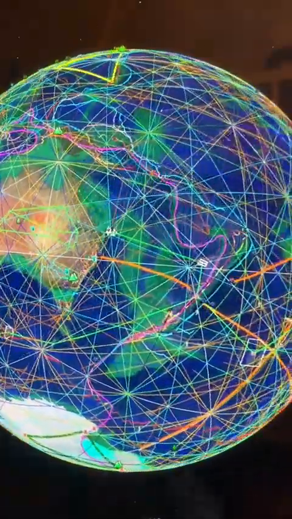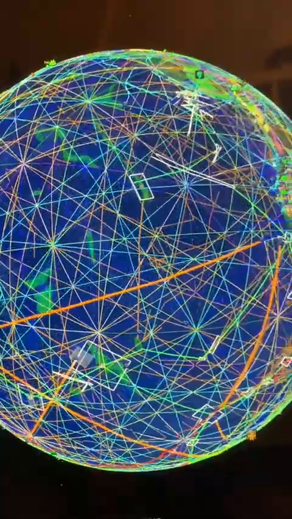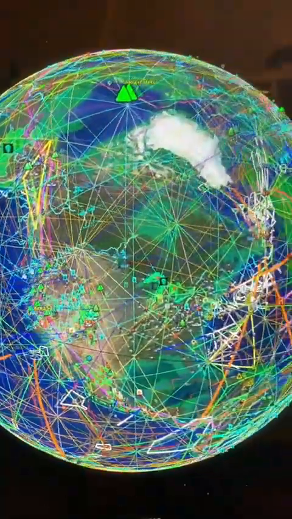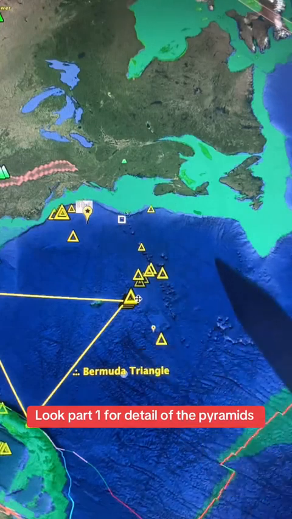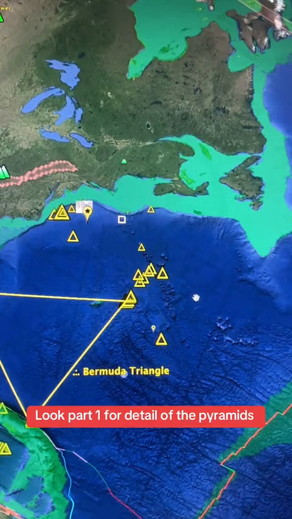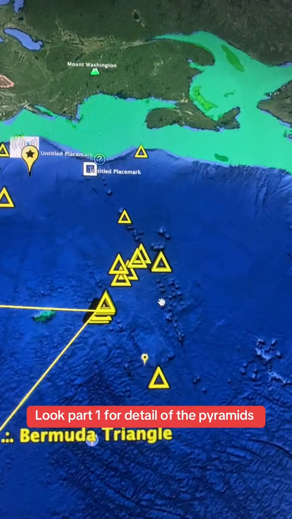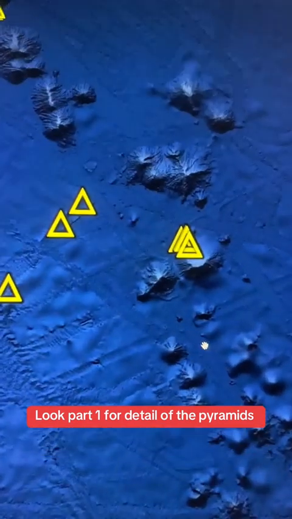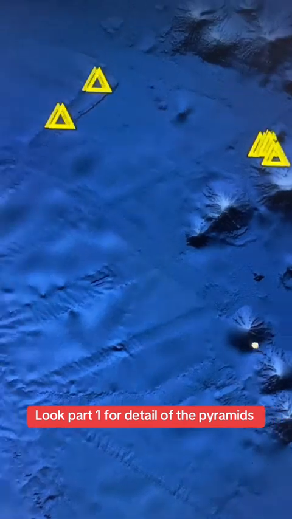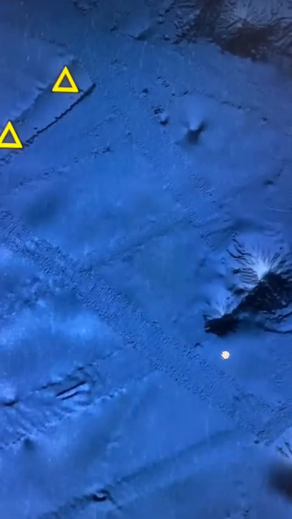And we go now into more detail with you in these maps. See, first here we have all these pyramids in the ocean. Now if you look in closer detail, we'll see on Google Earth that we have different